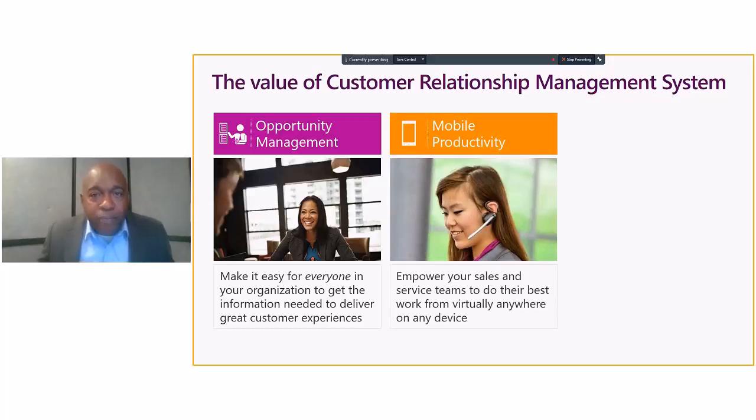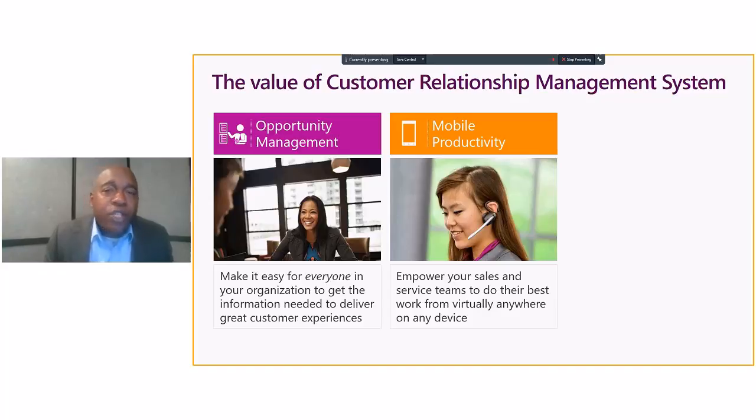Mobile productivity is another wonderful feature. Right now, we recognize that people are on the go more and more. Everyone is mobile. Being able to accomplish your work, whether you're at the airport, whether you're on the golf course, whether you're just working from home that particular day, you want to be able to access your information from anywhere. And especially a sales team that might be mobile, that might be going out to visit clients, or who are always on the road. You want to empower your sales and services team to be able to be productive no matter where they are.